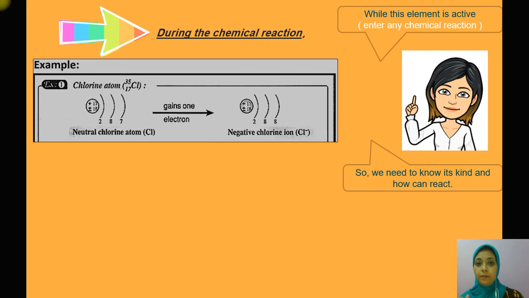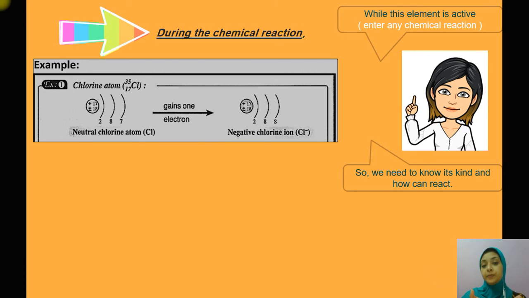We compare between the positive protons and negative electrons, and the comparison between the number of protons and the number of electrons forms the kind of ion. When the number of protons equals the number of electrons,